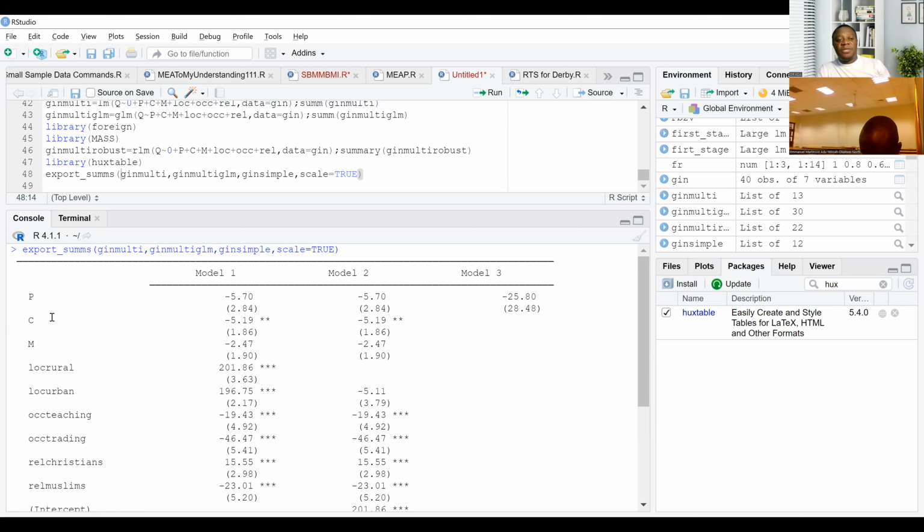On average, given the complement price of gin, that is a C, the income of the people, the location of the shop, the occupation and religion of the people,